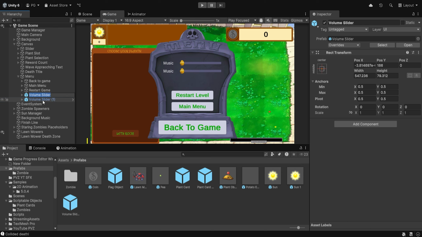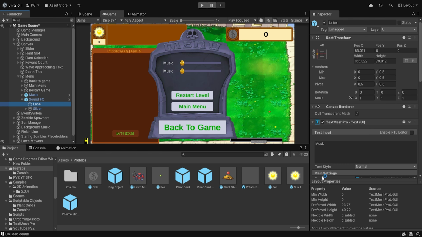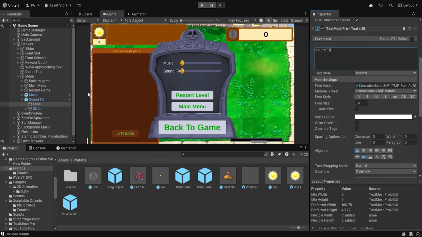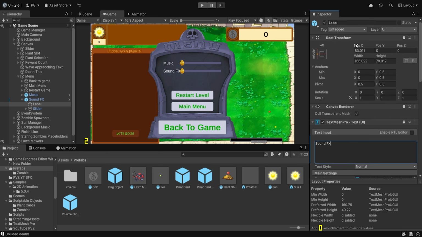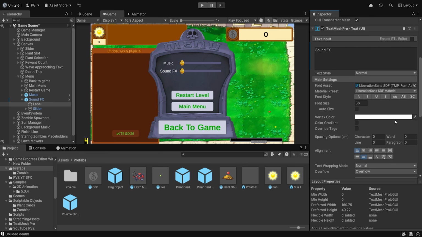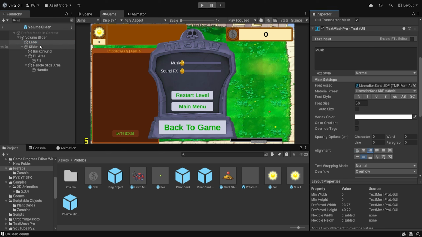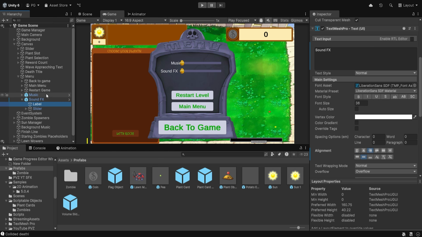Let's rename the first one to music. Let's rename the second one to sound effects, and let's also rename it here, so sound effects. And okay, let's just move it on the Y here. Alright, or we can just use this here. Yeah, just put it here, save that,